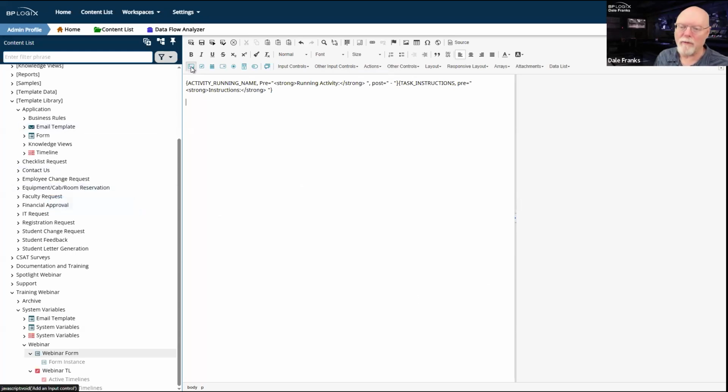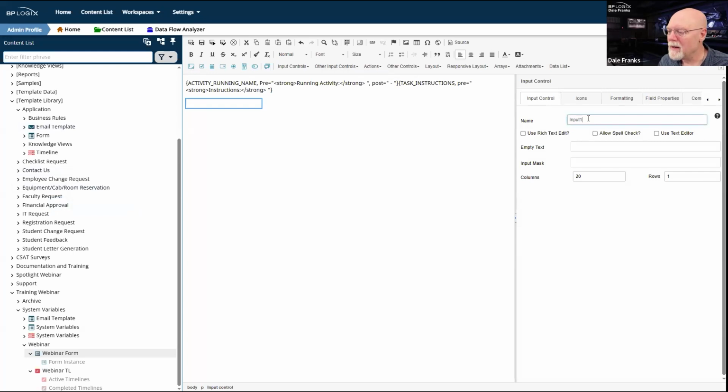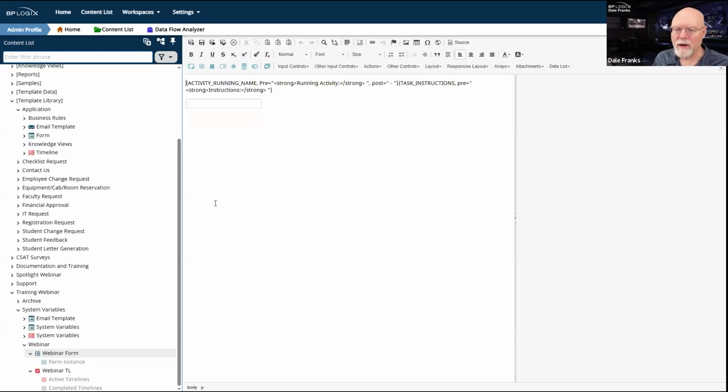But I am going to need a form field, and we're going to call it input one. I only need one form field to do what we're going to do. And we're going to save and close this form. And what I'm going to do is build a system where I have a single process timeline and I have two forms running in the process timeline. Actually, you know what? I'm not going to build such a system because I already have one. So I'm not going to do it here.